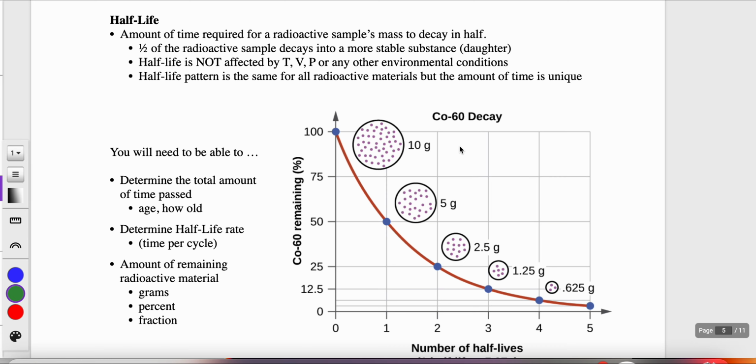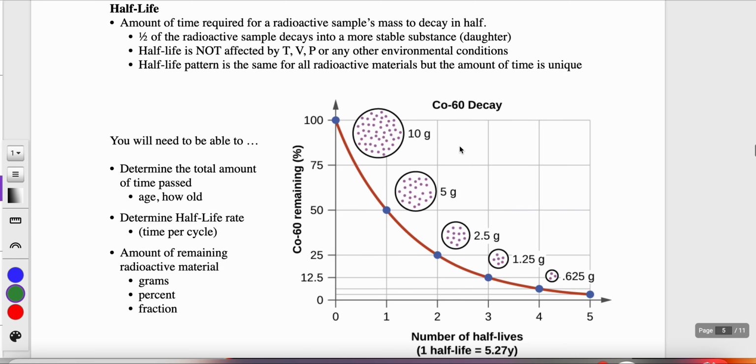Half-life. There are lots of different problems that you'll need to be able to solve using the half-life idea. Okay, so half-life. This represents the amount of time required for a radioactive sample's mass to decay in half. And when it decays, half of the radioactive sample decays into a more stable substance that's referred to as the